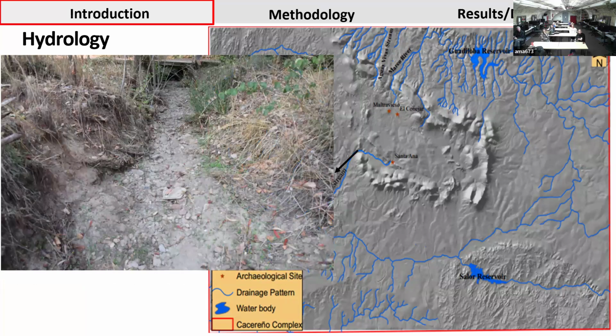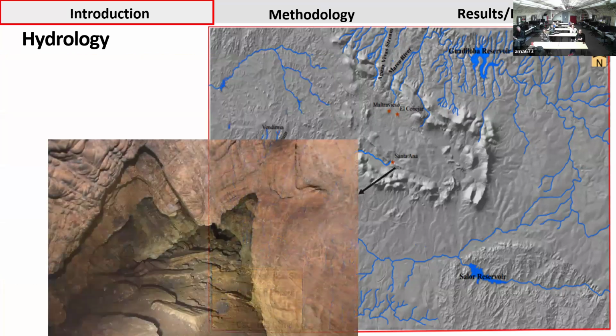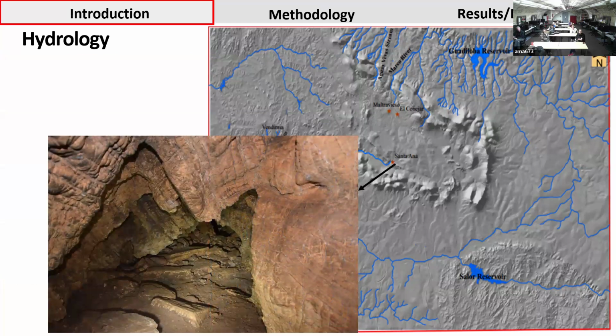And in front of Santa Ana Cave, there's a stream. When this picture was taken, it was dry, so it's a seasonal stream that only gets filled when there's rain. At this time there was no rain, so it was dry. And within Santa Ana Cave, we have a stream that flows within the cave. So this is a picture. We had to crawl inside to see this. But when this picture was taken it was during the dry season, so there was no water there. But it speaks to several areas where water can be found within the broader region of the Calorito de Cáceres, particularly with reference to the Santa Ana Cave.